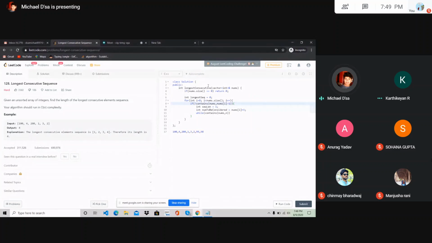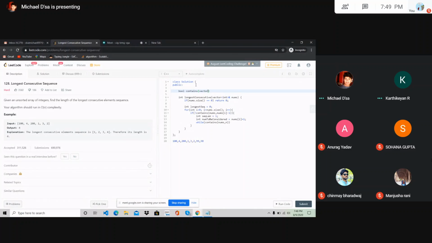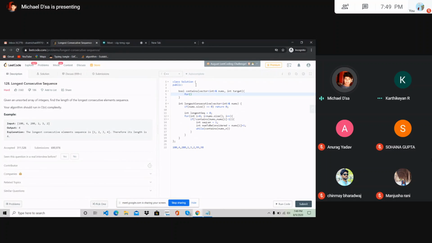So what we are doing over here is, I'll write the contains function. A boolean contains that will take a vector of numbers, and this will take the number that we have to find in the array. Let's take it as the target, and we'll run a loop for our entire array. For int i goes from 0 till nums.size, and